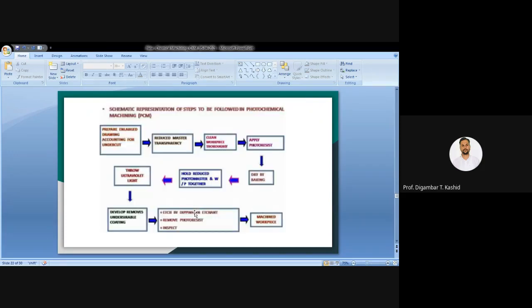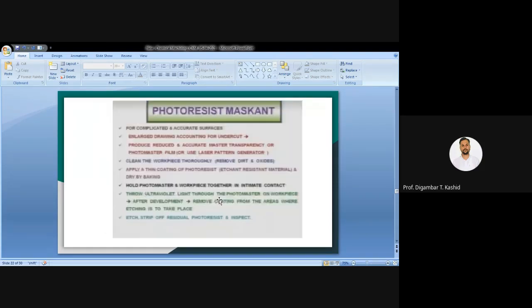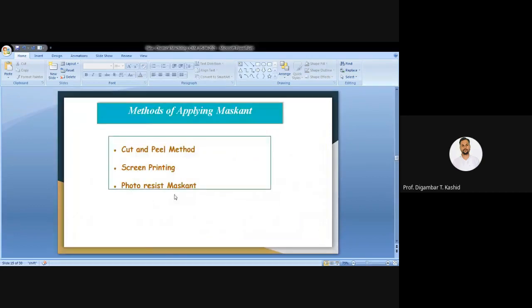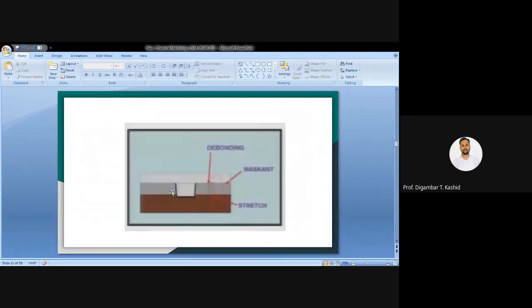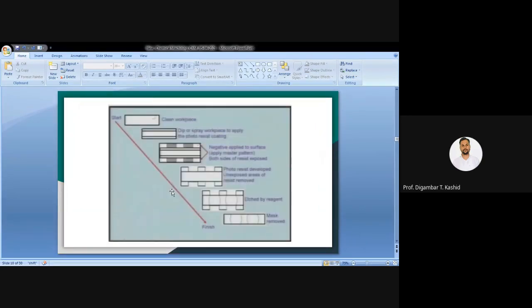Now here the photoresist has two types. One is the negative, and another is called a positive photoresist. Here with the help of one diagram I will explain what is negative and positive. See, you can see this example. First we have taken the metal, that is the workpiece, we have cleaned it chemically. Then we have to apply the photoresist coating on your workpiece. Correct, here we have used the photoresist.